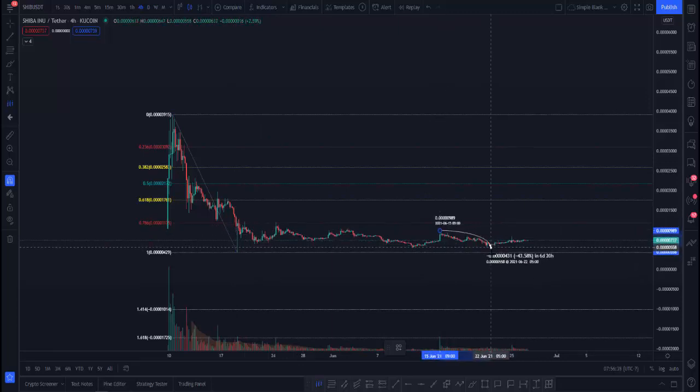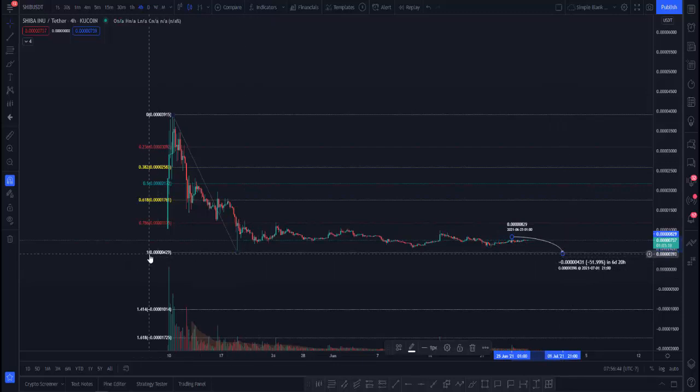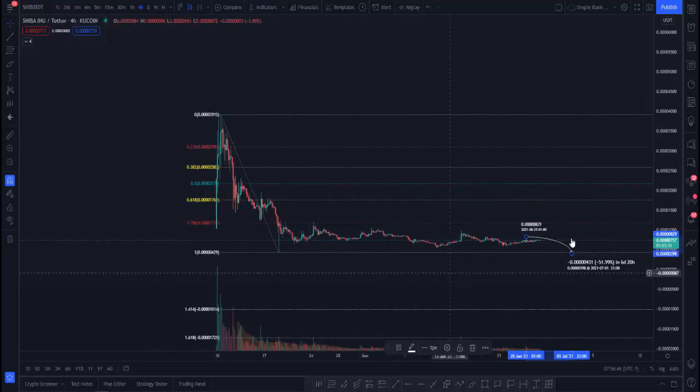And if we were just to do a measured move, I would be sitting there going, well, let's say it took one more drop. I would get right around back to that level. I would potentially pick it up there because that would be the last low that it had. But generally they tend to drop a little bit more. So